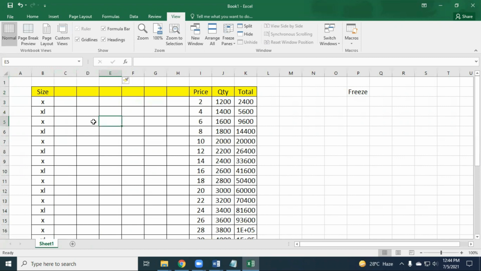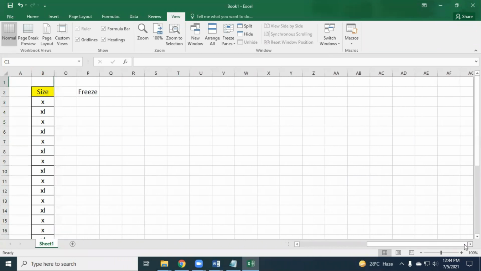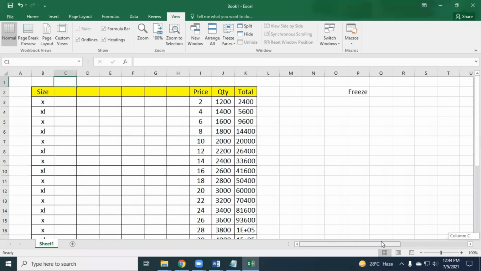So in that case, if I would like to fix this size column, what do you have to do? Just place the cursor after the column and on the top side. Then go to View, then Freeze Panes, then Freeze. Now if you scroll right with the mouse, size is fixed.